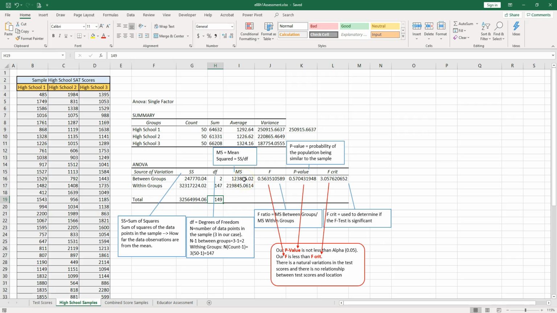And then we have the mean squared. What is the mean squared? It would be the sum of squares divided by how many degrees of freedom we have. So if you have this number divided by 2, you're going to get this number here. The F ratio would be the mean squared between groups, so this number, divided by this number over here. And you're going to get